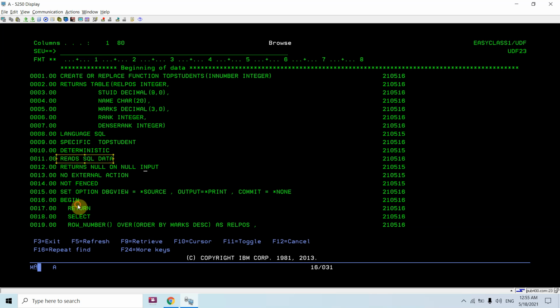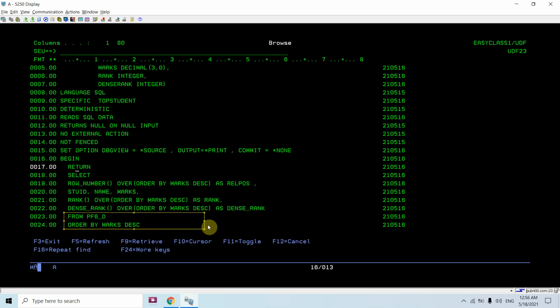Reads SQL data, yes, as it selects the rows from the table. Returns null on null input, that is, it returns a null value if we provide null input. No external action, that is, no insert or delete or high level code. Not fenced means it runs in the same thread in which the calling program is running.